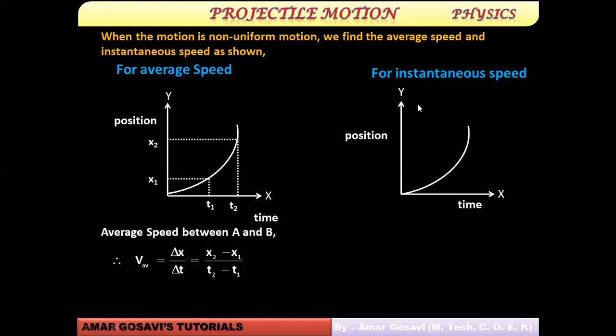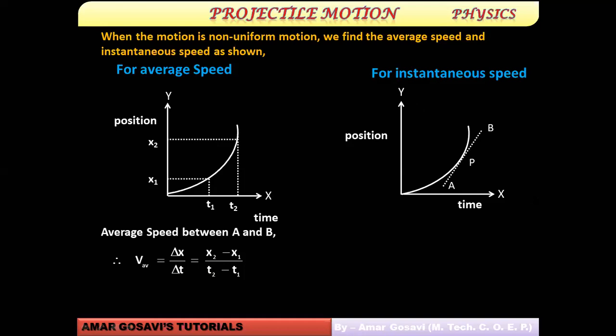So if I'm talking about a particular instant and I work out the speed at that instant, then that speed is called instantaneous speed, and it is represented in a very different or a new format. So it's very important for you to get comfortable with this format. So you can see graphically what I'm going to do. I'm going to draw a tangent like this. So you see a tangent being drawn. Again, I am showing you the animation. A tangent to be drawn to this curve like this.